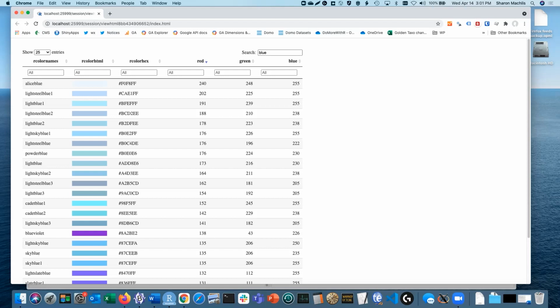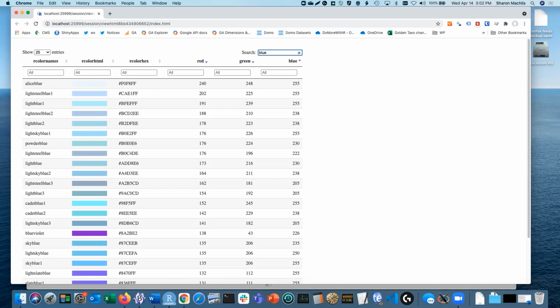To sort on more than one column at a time, hold down the Shift key when clicking a column name. You can't see me doing that, but I've got the Shift key down as I'm clicking on these, so I keep my sort order from the other columns. This table search allows for regular expression searching also, so it's easy to search for gray and grey with a dot for any letter.